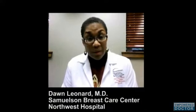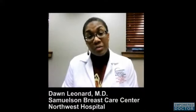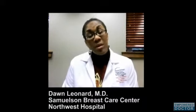Inflammatory breast cancer can grow very quickly, often in as little as weeks or months. It's important to note that this form of breast cancer does not have a distinctive lump and may not appear on a mammogram. Inflammatory cancers, when they're diagnosed, because they often present like an infection, cellulitis, or mastitis, diagnosis can